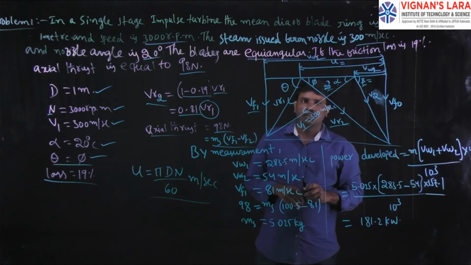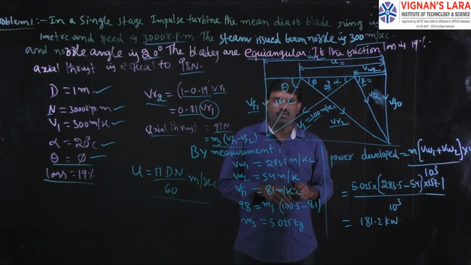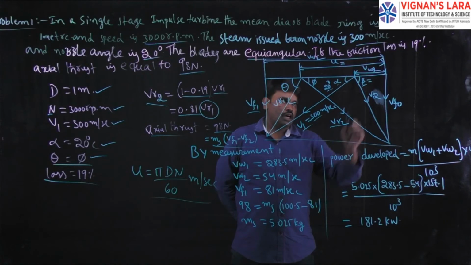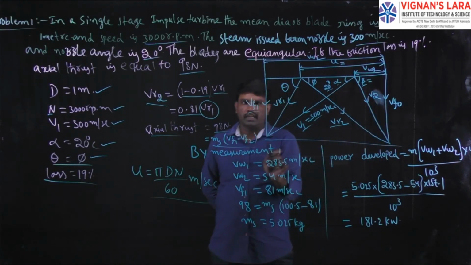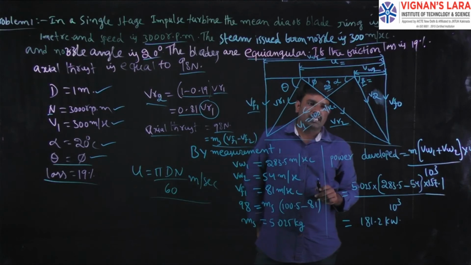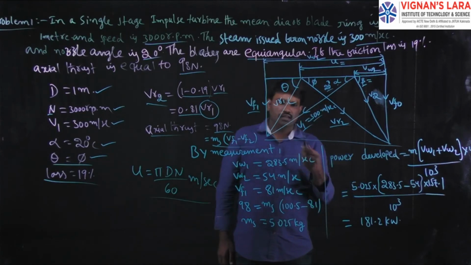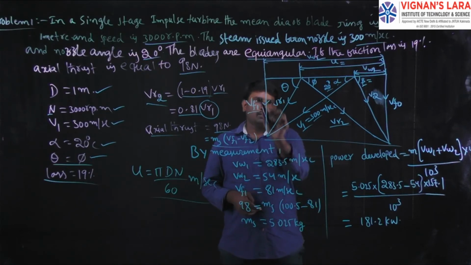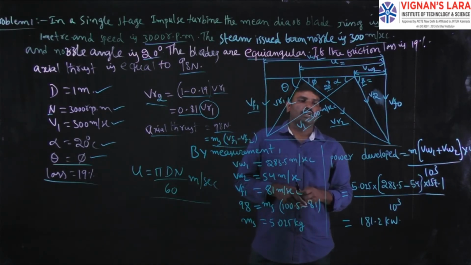In the present problem he only mentioned find the power developed by the turbine. In this problem also you can calculate the beta value. After complete drawing of this velocity triangle, by taking the suitable scale you can easily calculate any parameters of the impulse turbine. Previously we discussed so many parameters, like work done by the impulse turbine, power developed by the impulse turbine, stage efficiency and nozzle efficiency. All parameters you can easily calculate after complete drawing of the combined velocity triangle.